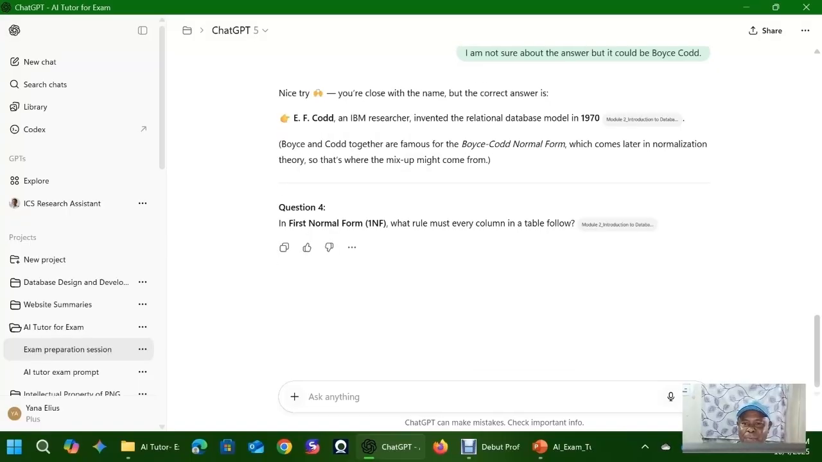The AI tutor came up with the next question. Question 4. In first normal form, what rule must every column in a table follow? So I'm going to respond. In first normal form,